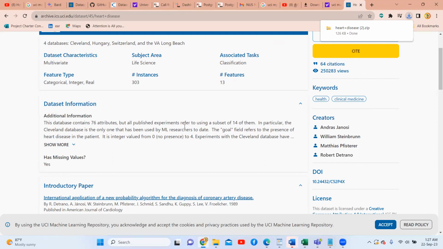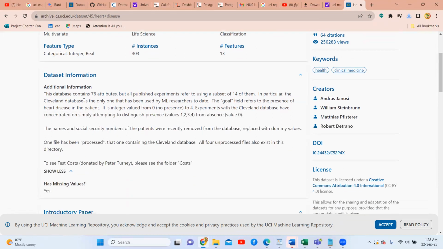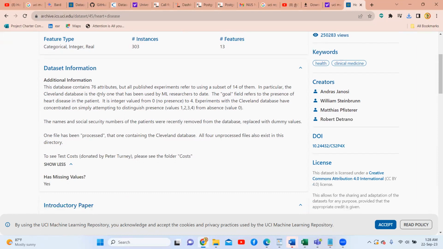But all published experiments refer to using a subset of 14 of them. In particular, the Cleveland database is the only one that has been used by ML researchers to date. The goal field refers to the presence of heart disease in the patient. That way, it is mentioned there. According to that, it has 76 attributes. But